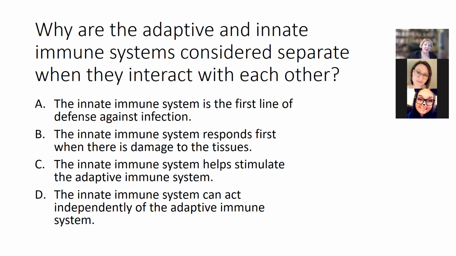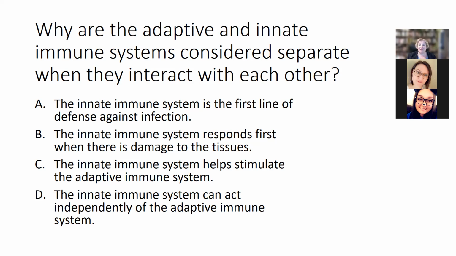It's definitely integrated. The first and second lines of defense are definitely together in the innate immune system. Okay, so D is actually the correct answer. The innate immune system can act independently of the adaptive immune system. I don't have this as an answer option, but we find it being independent in different animals